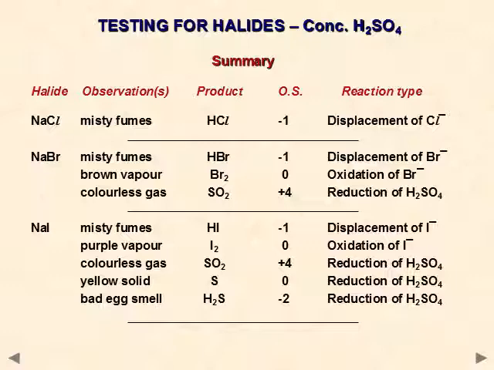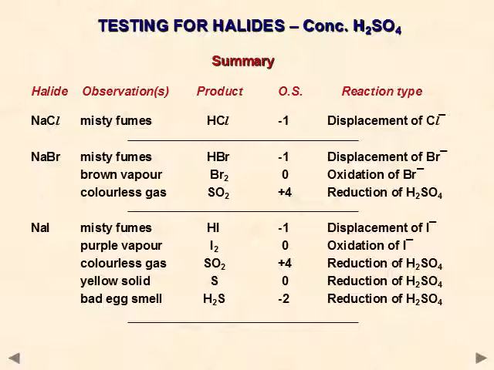Then iodide ion is further oxidized by sulfuric acid to iodine. You will see purple vapors or black solid, while sulfuric acid is reduced to sulfur dioxide from +6 oxidation state to +4, and you will smell sulfur dioxide, a pungent smell. Not only is sulfur dioxide formed, but sulfur is further reduced to sulfur, which has an oxidation state of 0, from +6 to 0, and it's a yellow solid.